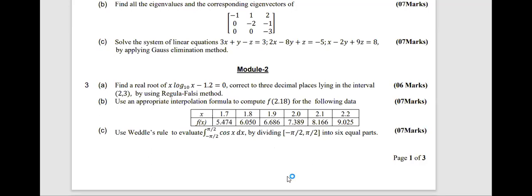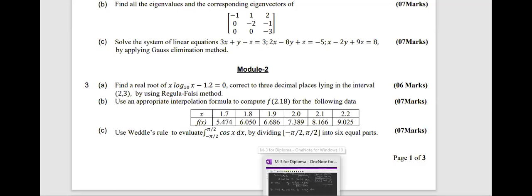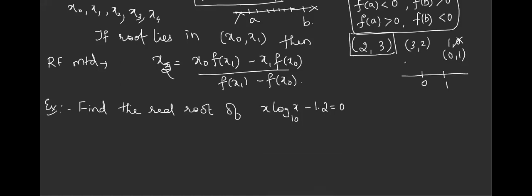Written the question? So let us solve it. Usually if they have given the interval, the problem is easy. Suppose if they have not given, we have to choose an interval. That I may explain with one of the examples. Now it is given in the interval. Let us take it as it is.